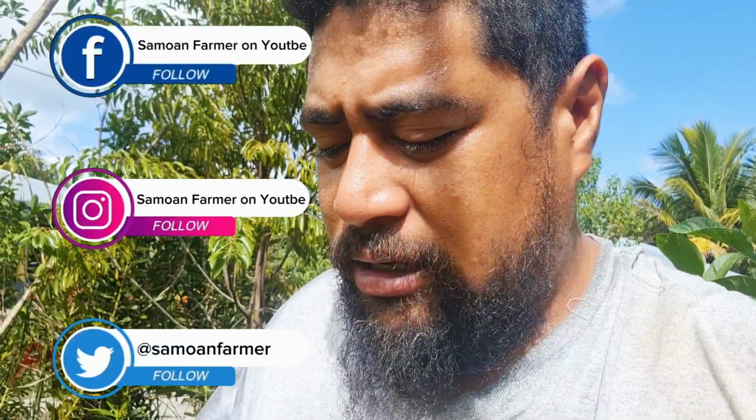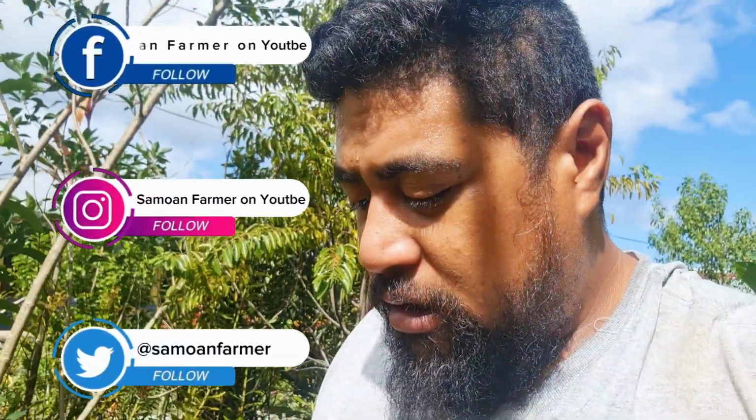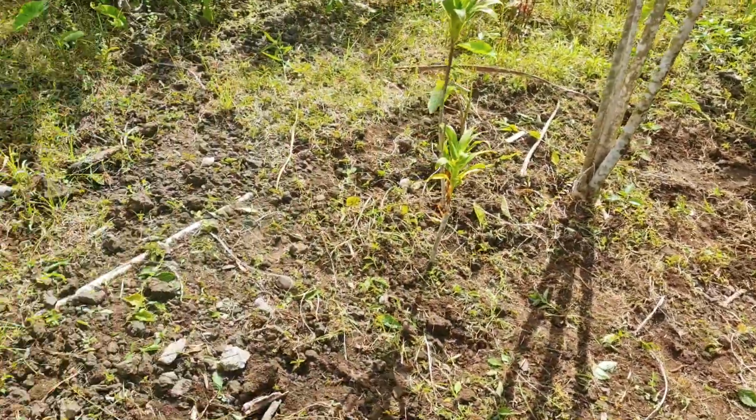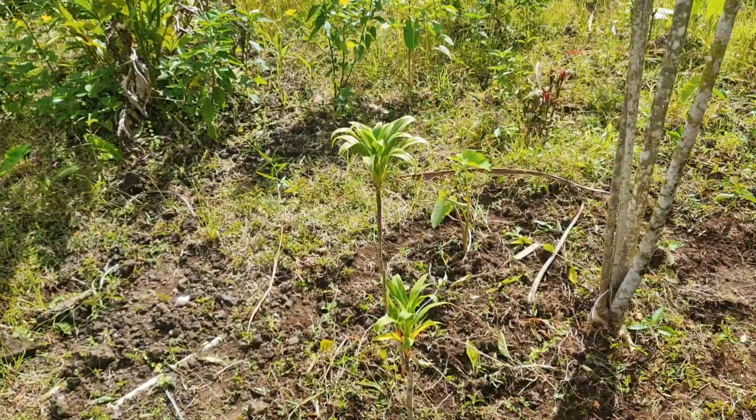So today it's just me and the kids, clearing up a portion of the front of the house where we're about to start our small vegetable garden, and then we'll expand into other areas. You guys can see there, just here with the kids. We're trying to take out as much of the weed as possible, and then we'll start germinating, making a nursery bed somewhere here where we can start off the